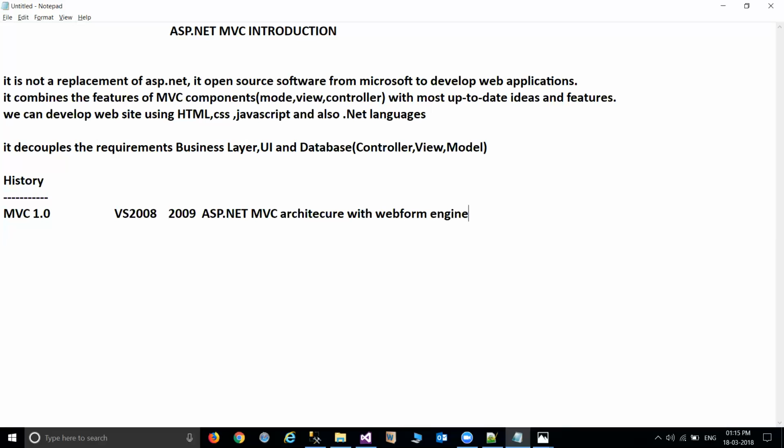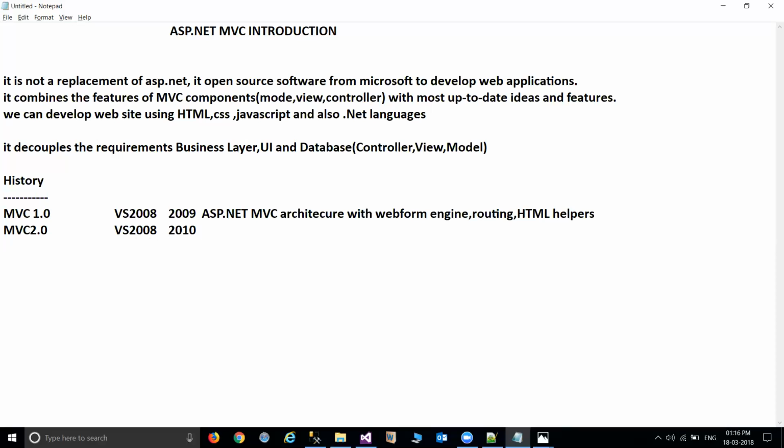This is the starting version released by Microsoft in 2009, and after one year they released 2.0 with the same 3.5 framework, in 2010.